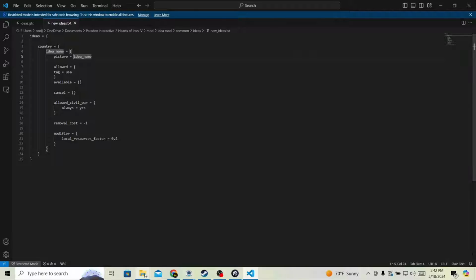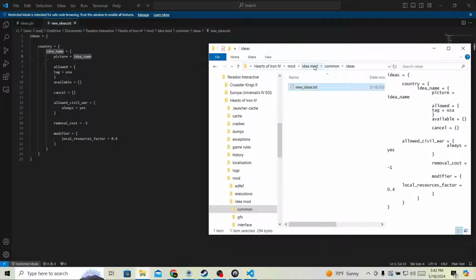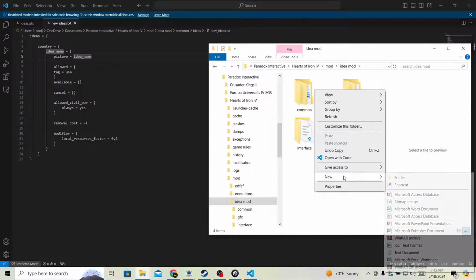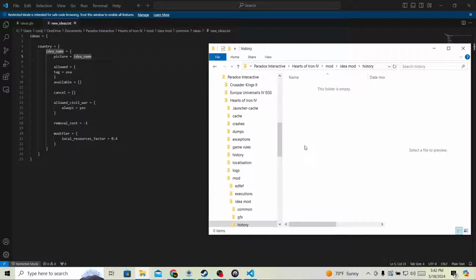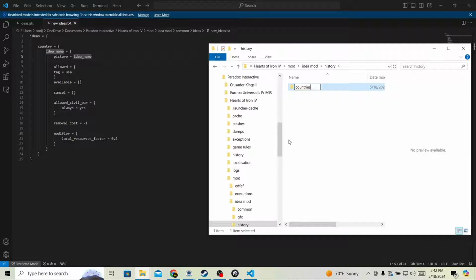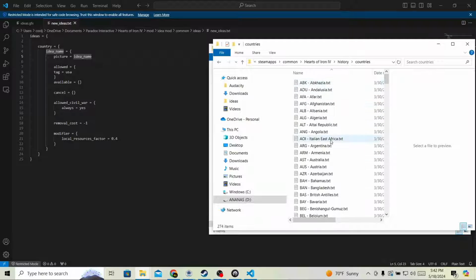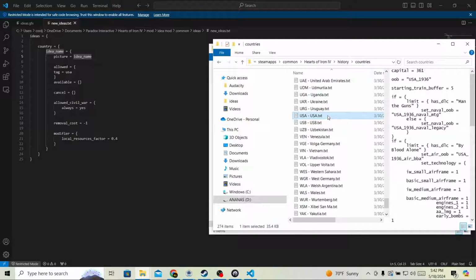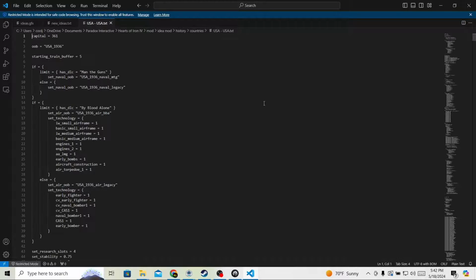Now, if you've loaded HOI4 by now, your idea is in the game, but you won't see it. And to fix this, we're gonna go make a histories folder in the main area, history. We're gonna make a countries, and we're gonna go steal the code from the original game. HOI4, history, countries, USA. We're gonna put it in here. Then we're gonna open this again. I'm doing Visual Studio Code,